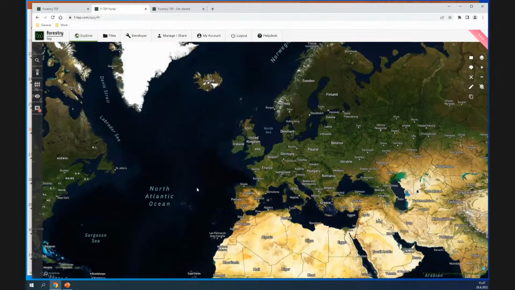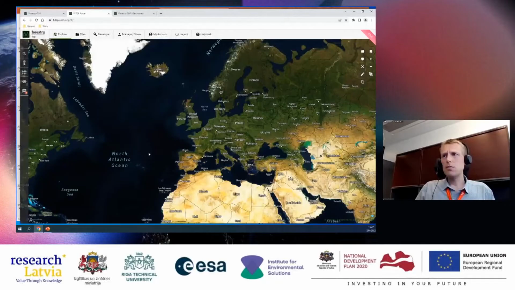Good, but now let's go back to the main place, the Explorer interface. And here on the upper right hand, you have these basic navigation buttons. You can, for example, draw a polygon, or you can draw a different type of polygon, and you can clear those polygons, or you can edit the polygon.